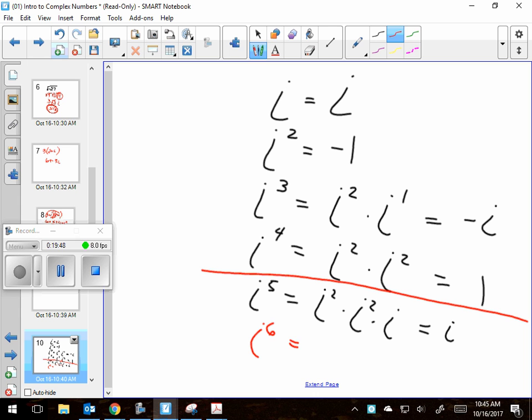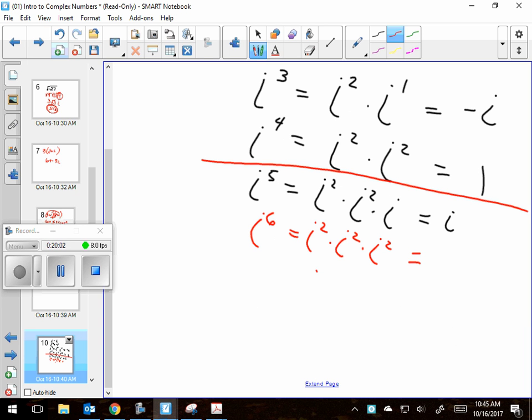So every time, I just want you to go like this. i squared, i squared, i squared. I know you could make up a rule for this, but the rule would be much more complicated than this. Make it into a bunch of i squareds. Okay, so what is i squared times i squared times i squared? Well, it's -1 times -1 times -1. And if you could just remember that i squared is -1, that's like the main thing from today. So, what is -1 times -1 times -1? -1. Was there a leftover i at the end? Nope, so it's just -1.